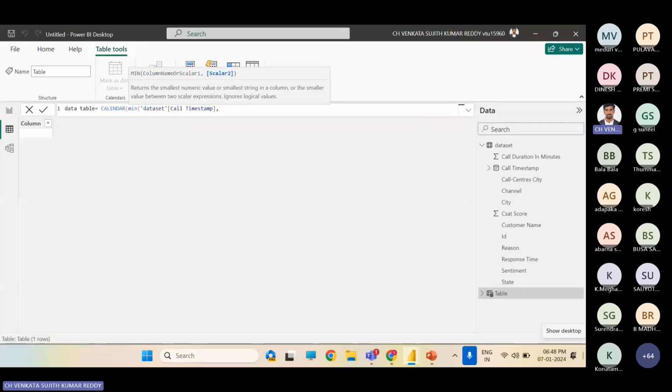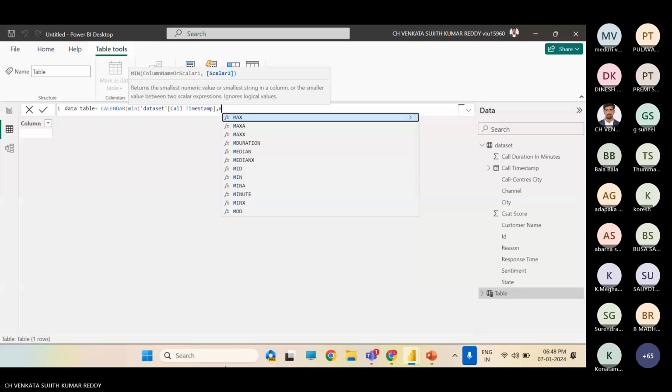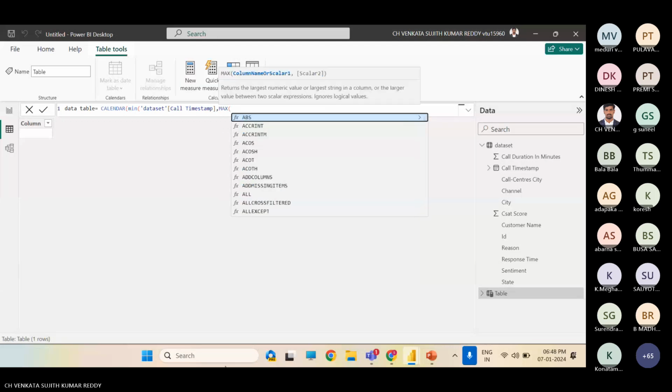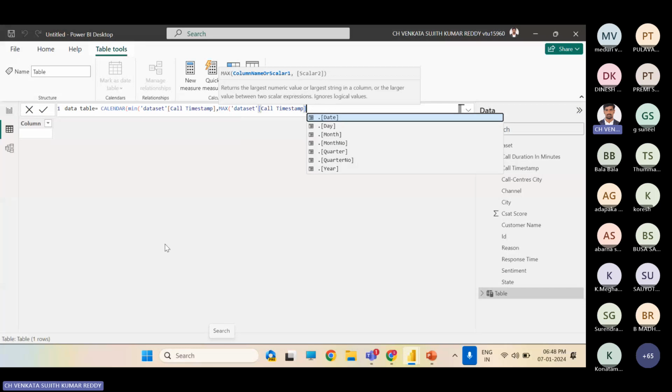While people are typing, it will ask, as you can see here, for minimum column name or scalar one, scalar two. Next, I only have one column name here, that is call time swap.